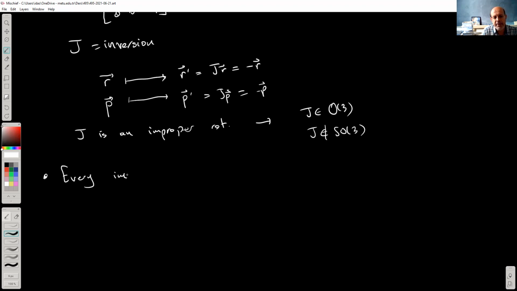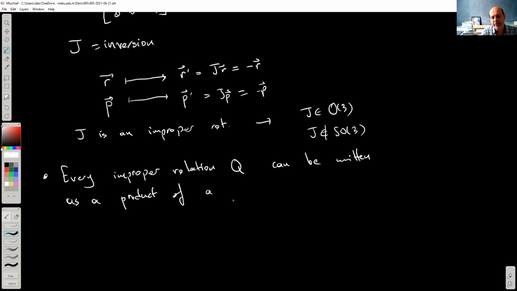Every improper rotation Q can be written as a product of a proper rotation R and inversion